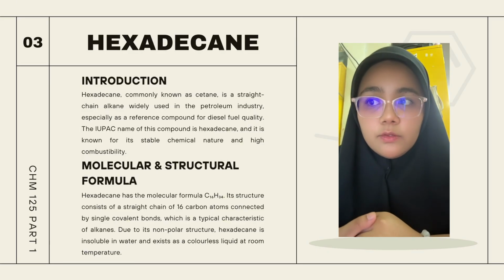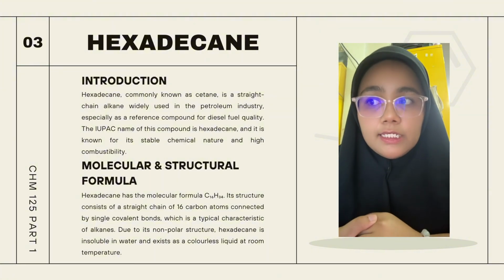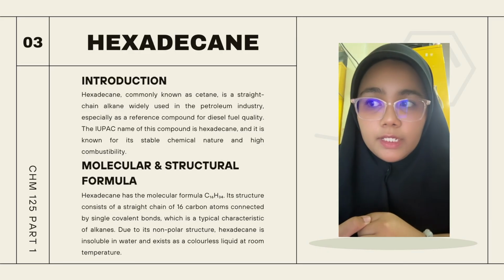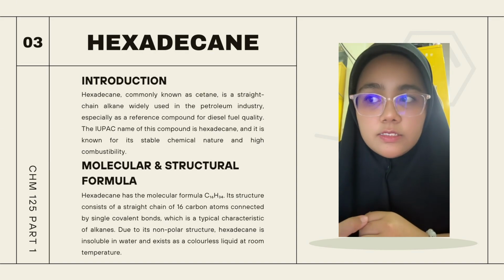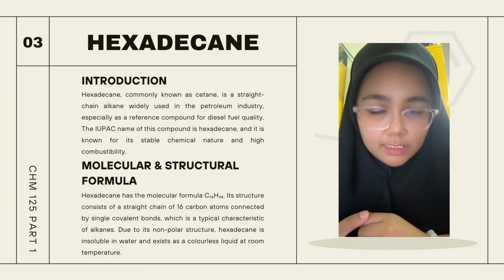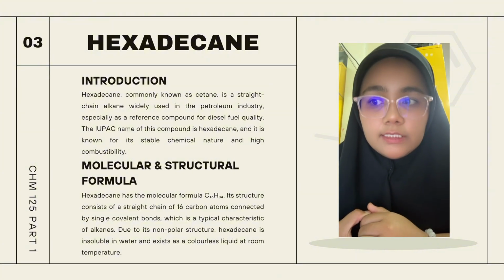Hexadecane, commonly known as cetane, is a straight-chain alkane widely used in the petroleum industry, especially as a reference compound for diesel fuel quality. The IUPAC name of this compound is hexadecane, and it is known for its stable chemical nature and high combustibility. The molecular and structural formula of hexadecane is